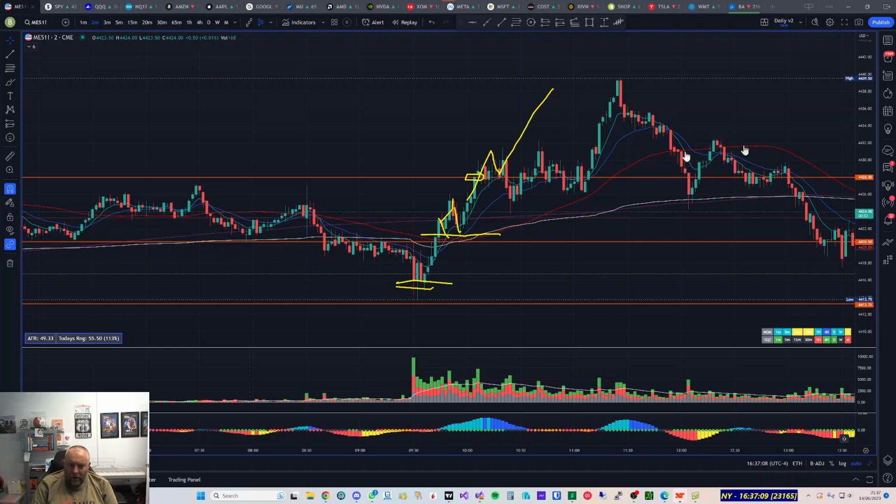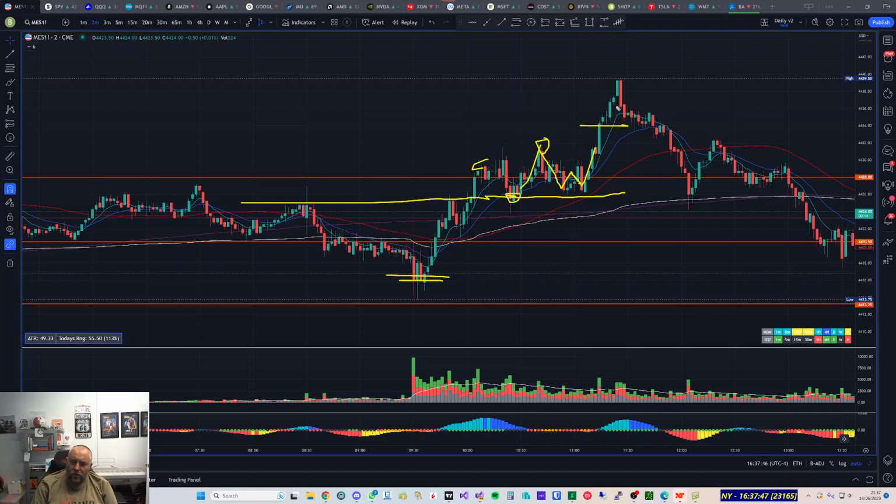So I got out of a contract there, which left me with these 2 from earlier, and then I added again. My add was here. It was the retest of that level. So I'm back up to 3 contracts now, and I got out of my 3rd contract there, which means I had 2 contracts left, and I waited on the 2 contracts, and then we saw this breakout. I got out of one there, and the other contract I sold